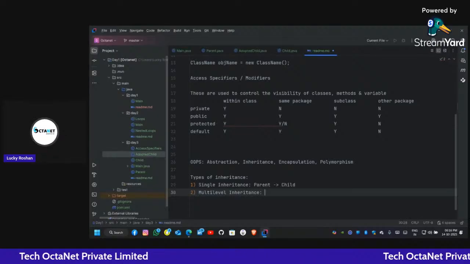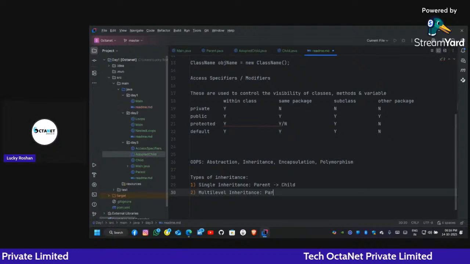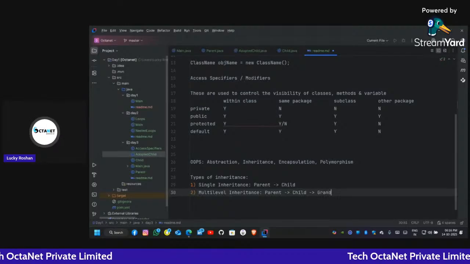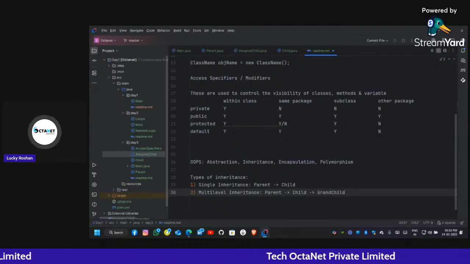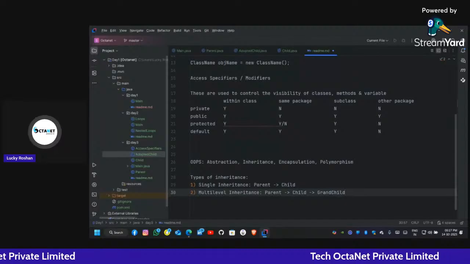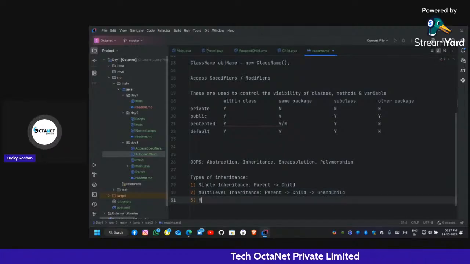This means parent, it is inherited by its child, and the child class is again inherited by the grandchild. Like your father inherited the properties of your grandfather, and you inherited the properties of your father. This is called multi-level inheritance. Okay. So now, what is multiple inheritance?